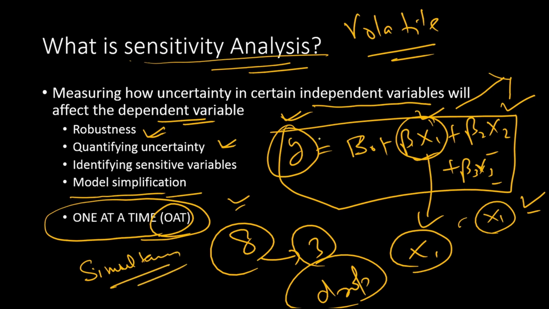So sometimes a number of variables together make an impact. For example, it could be that x1 is independently doing fine, but along with x2 it has a bad impact, or a very sensitive impact. So simultaneous impact is also an important thing that needs to be captured before finalizing the model. So these are some of the important questions